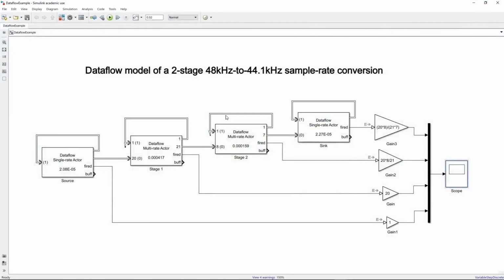Well, this is a nice model to experiment with. I hope that it's clear now for you how to set up a data flow model in Matlab Simulink, and that you're inspired to try some model of your own,